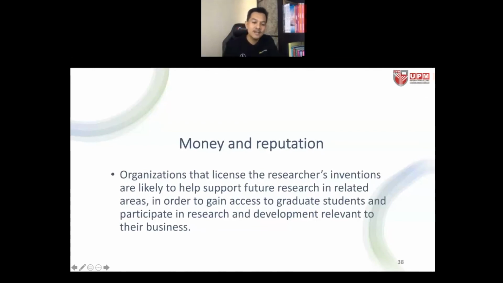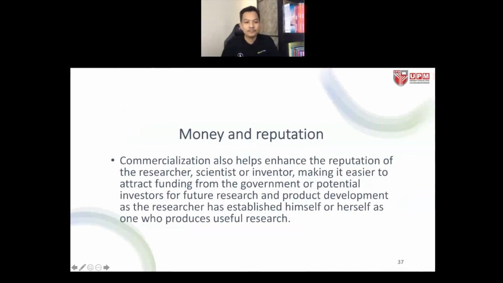So the money from the sale of the license, the royalty, the technology transfer is used to support future research. So more grants can be provided to other researchers. Okay, in order to gain,